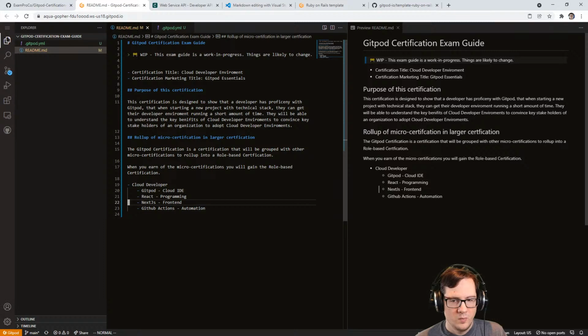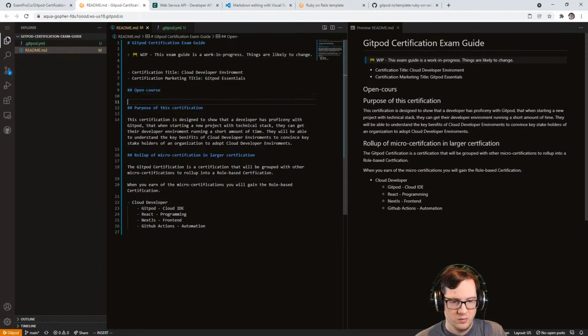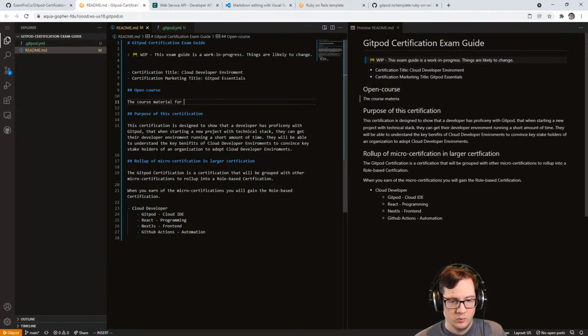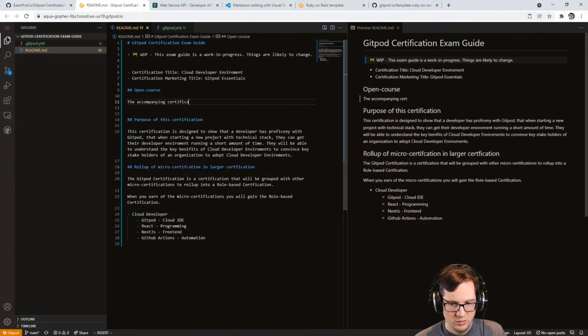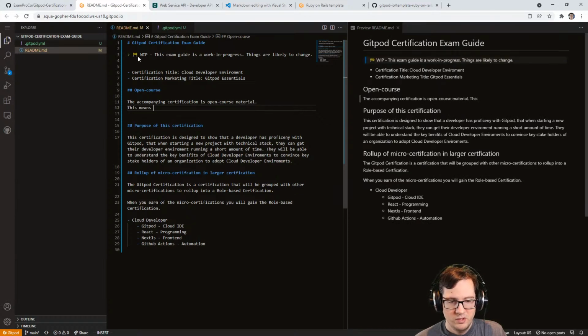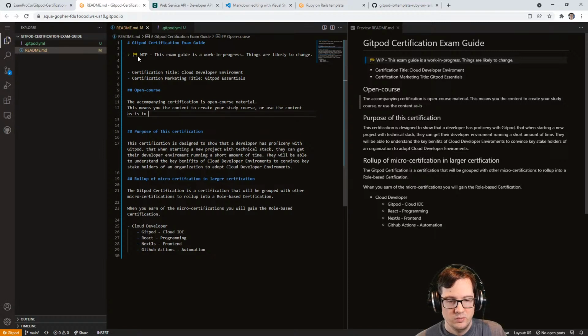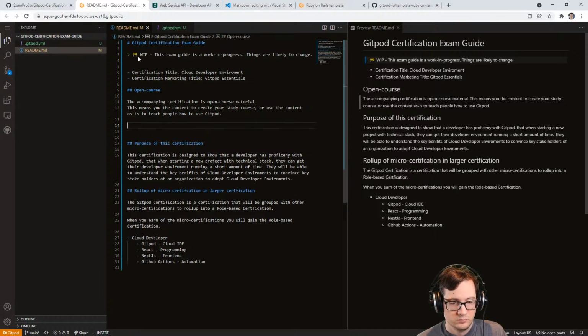Okay. And also, I'm going to say open course. The course material for this certification is open course. So the accompanying certification is open course material. This means you can use the content to create your own study course, or use the content as is to teach people how to use Gitpod. The exam guide, you know, open. Let's say community led. So the accompanying certification is open course material. This means the content created, the accompanying